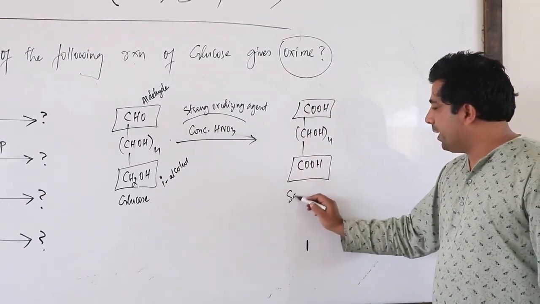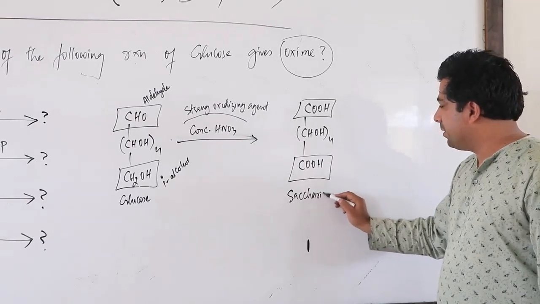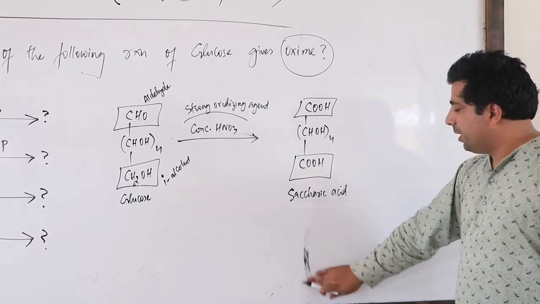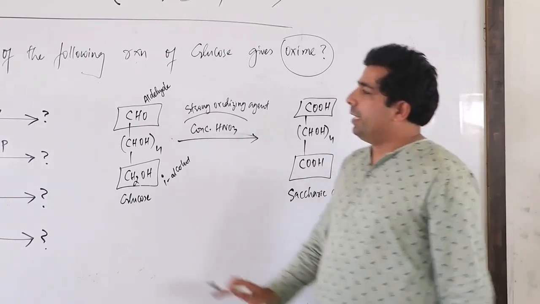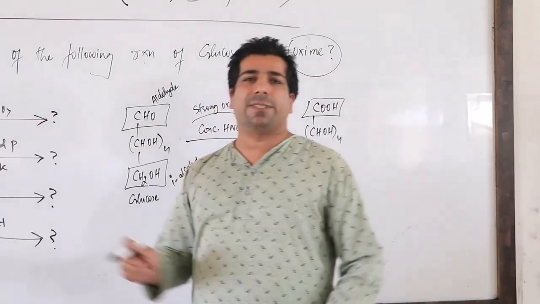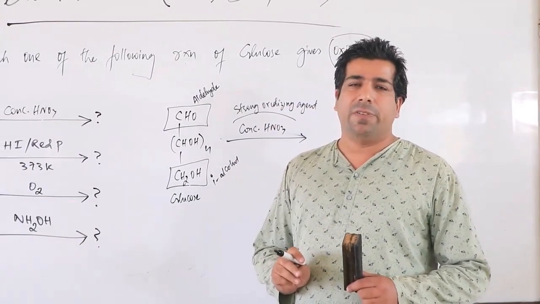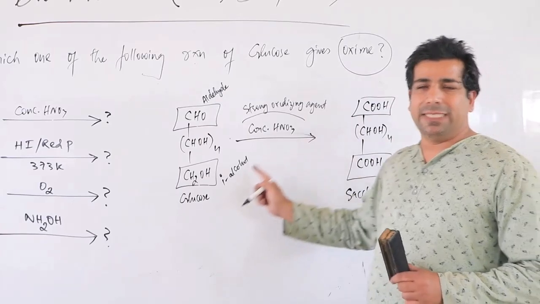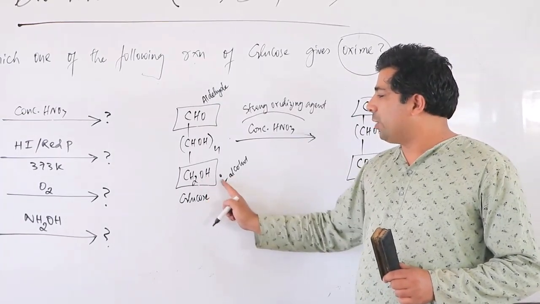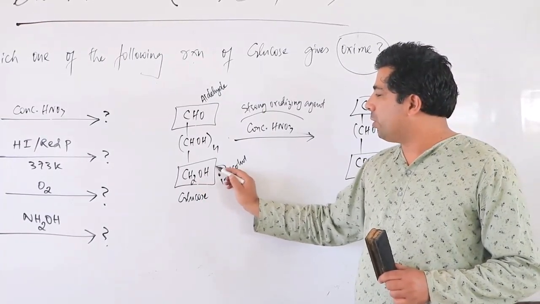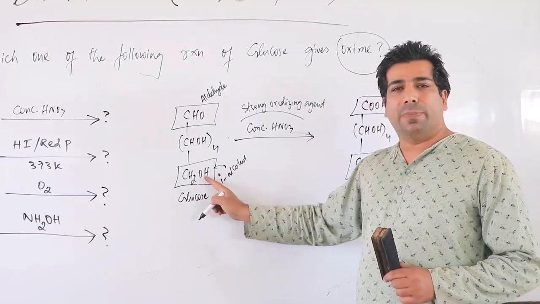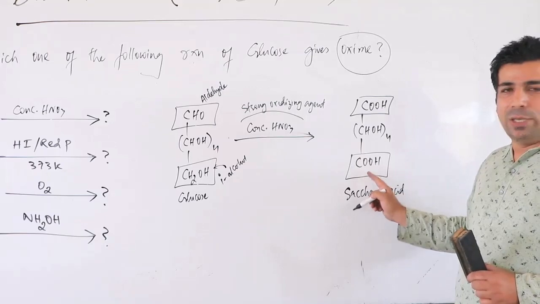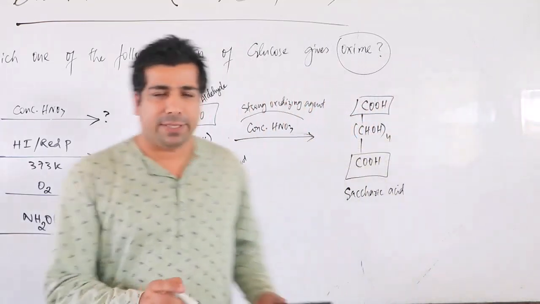And it's also known as saccharic acid. So it's a saccharic acid. So my dear friends, when you talk of concentrated nitric acid, it's a strong oxidizing agent. It will oxidize the aldehyde to the carboxylic group, as well as it will oxidize the primary alcohol. CH2OH is the primary alcohol, this one. It will oxidize the primary alcohol also to carboxylic acid. Correct? So what should I write here now, my dear friends?